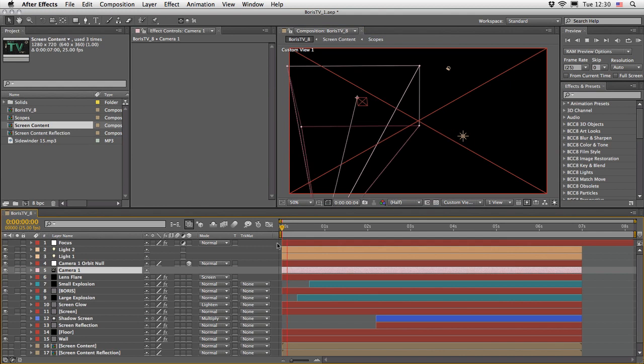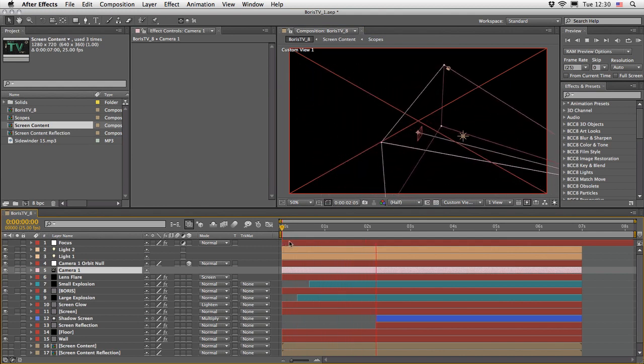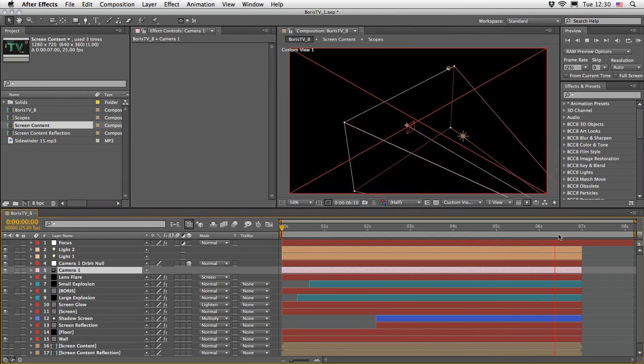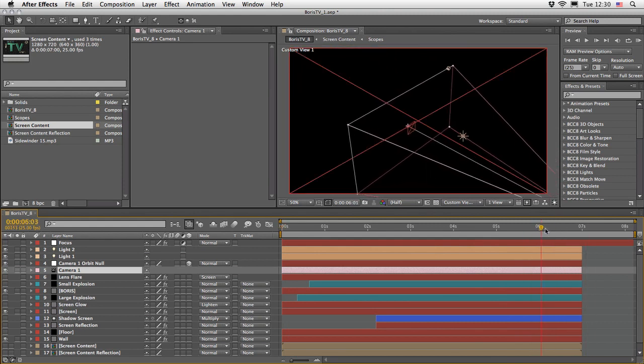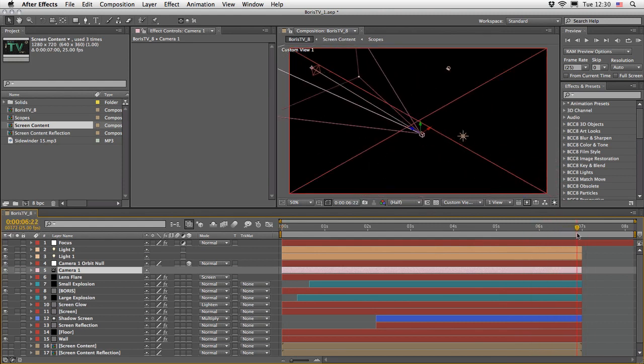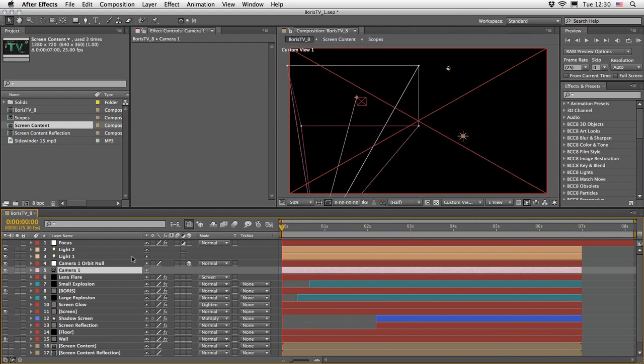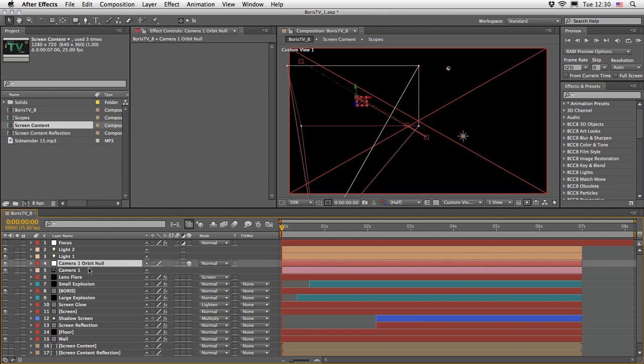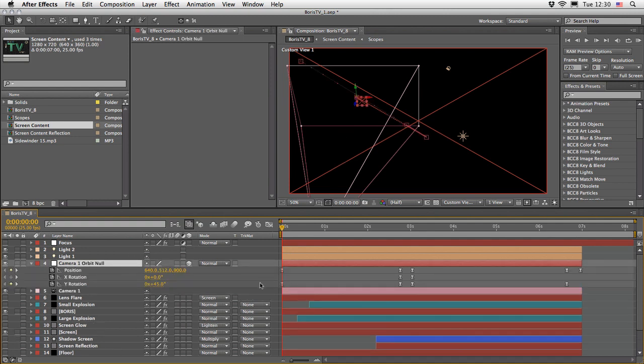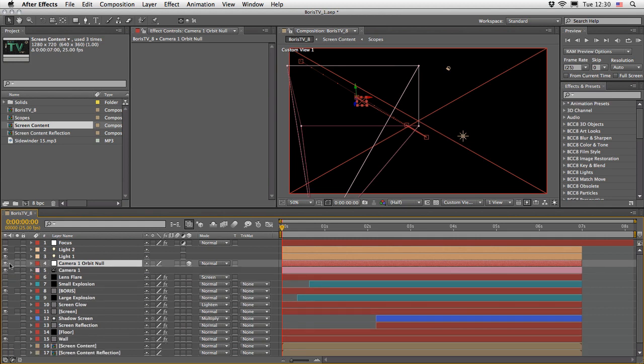So this is from custom view 1, so you can see what the camera is actually doing. It's a very simple move. At the end we have a crush zoom into our text, into the whole scene. But this is basically what the camera is doing. And of course all the keyframes are here under the null. This orbit null, the 3D null here, is controlling the camera, and this is a very simple and basic camera animation